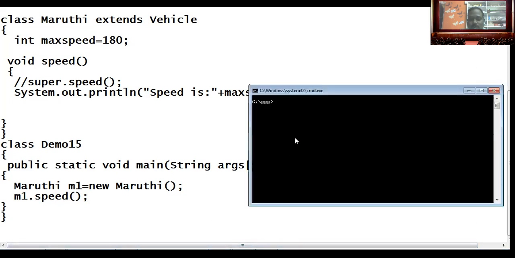I write in the command prompt javac Demo15.java, and now I have to run the code, java Demo15. So what did you get now?